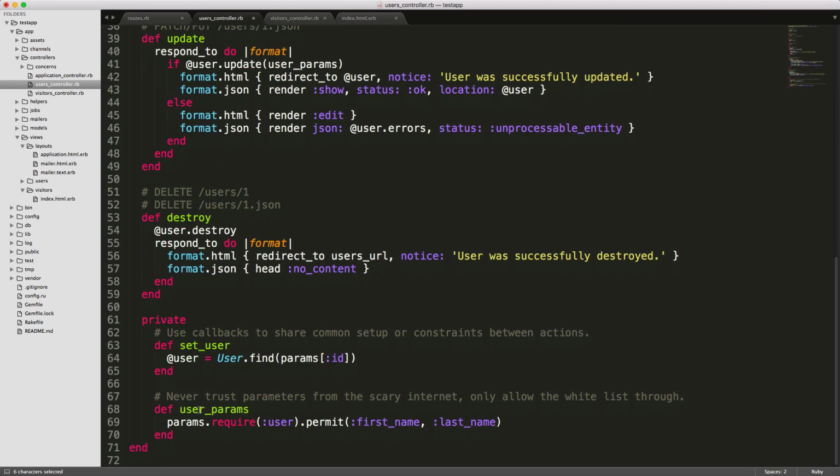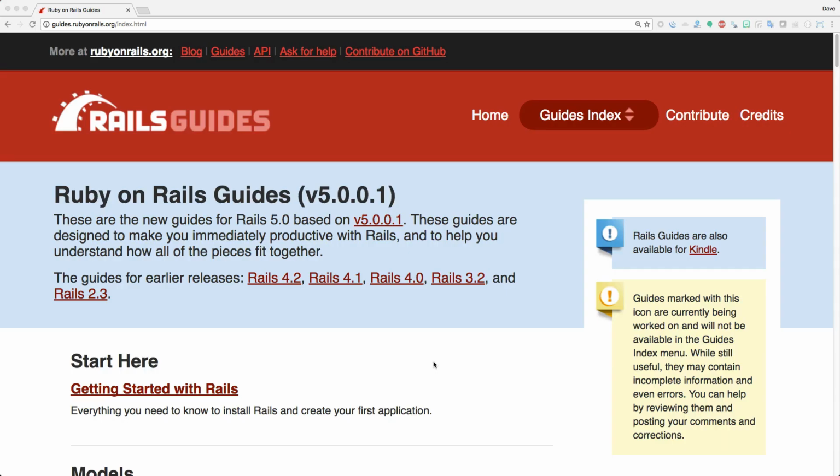So back to the user_params that we saw in our update and our create actions, this is simply a private method. And this private method is basically saying that of the parameters that are passed in, it requires an outside parameter called user, and from within there, we will only allow write access to the first name and the last name. And if you haven't looked at the Rails guides, they are very well written, so I highly recommend going to